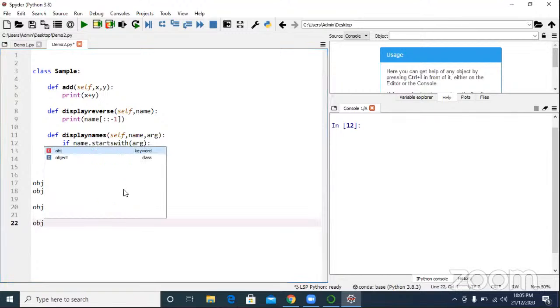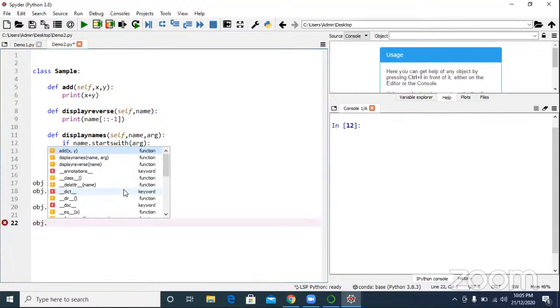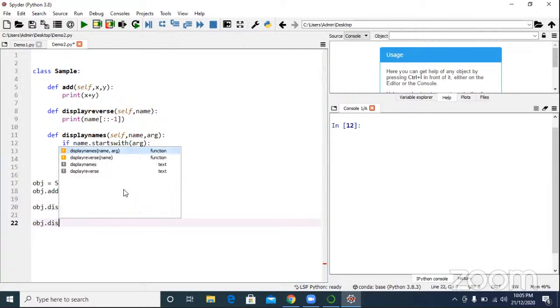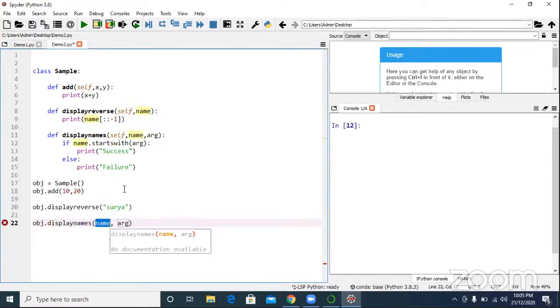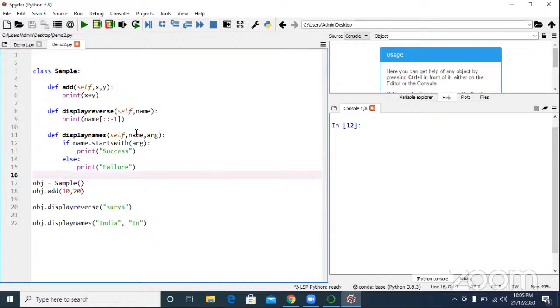Next, obj dot display names. How many arguments are there? Two. As our madam told, India is the first argument and IN is the second argument. Correct? So what is the name value? India.